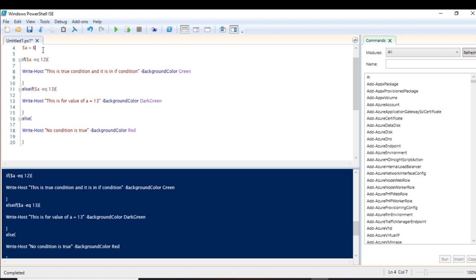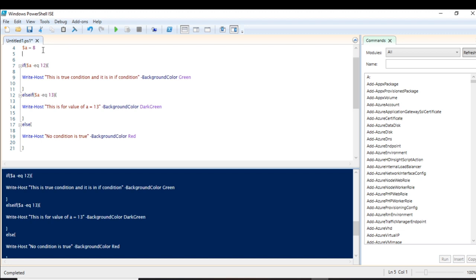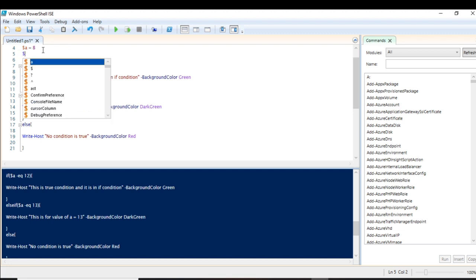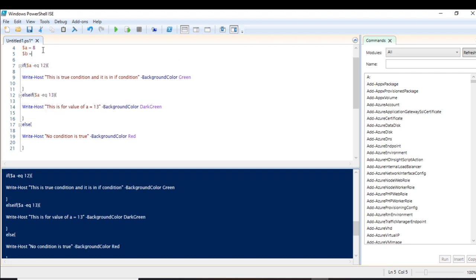Now you can see that here we have only one condition. What if we have two conditions? So let us see. Let us create another variable, and let the value be 14. Sorry, this value be 12 now, and the other value is 14. So what we can do is